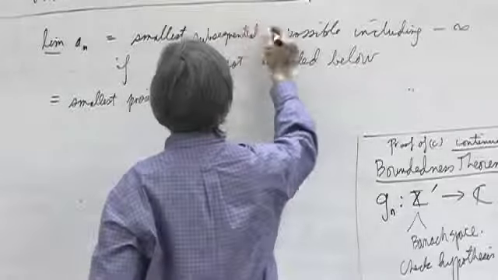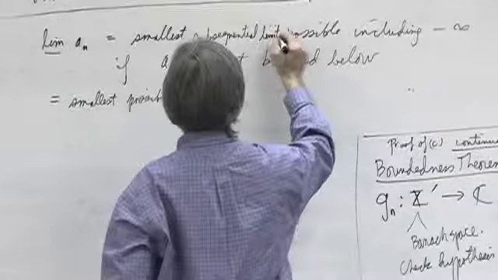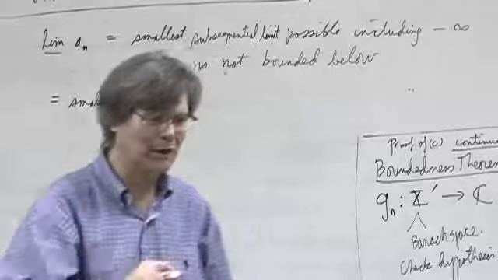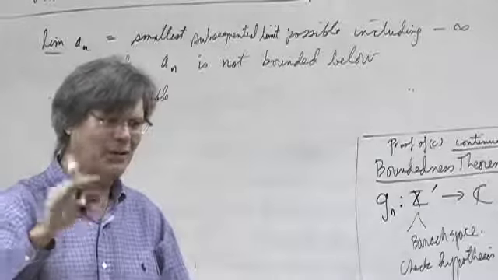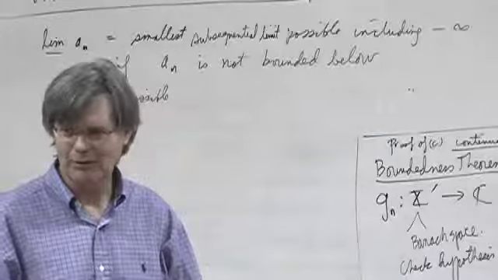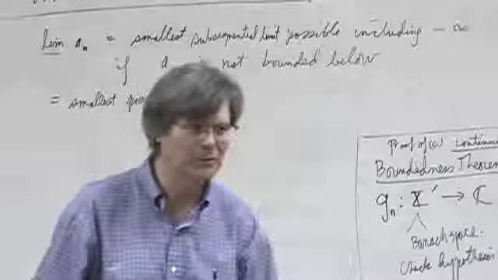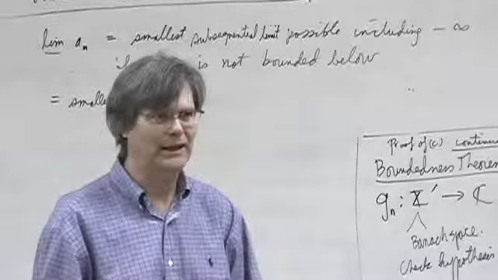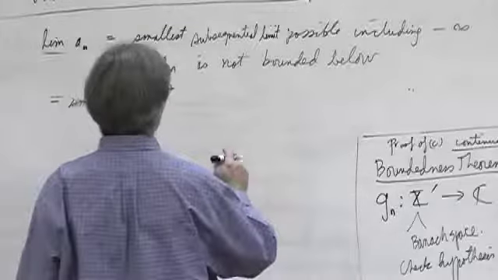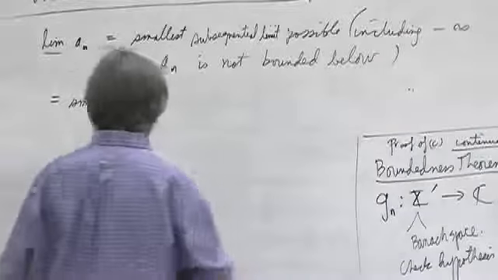Because the limit point is not quite the same. If I have 1, minus 1, 1, minus 1, there's no limit point to the set 1 and minus 1. But there are subsequential limits, namely minus 1 is a subsequential limit. The largest possible subsequential limit is 1 in that case, including minus infinity if the limit is not. Okay, so let's put it that way.